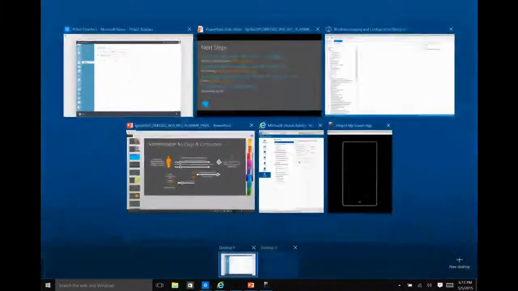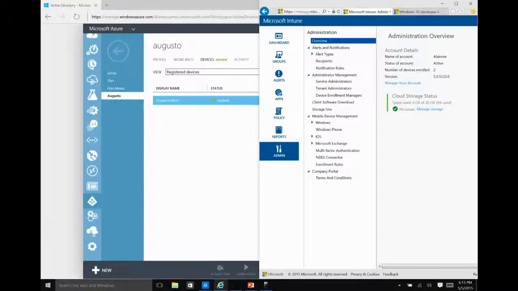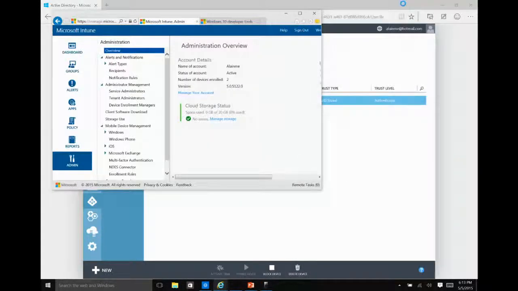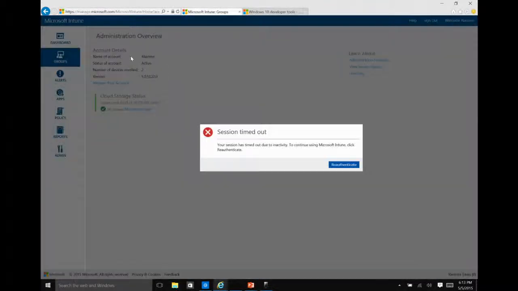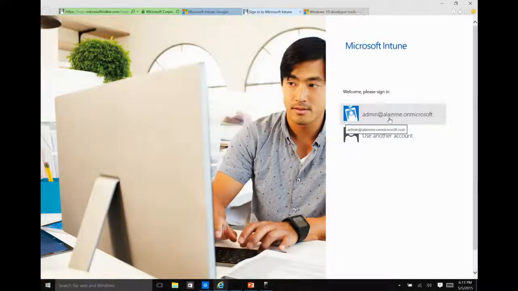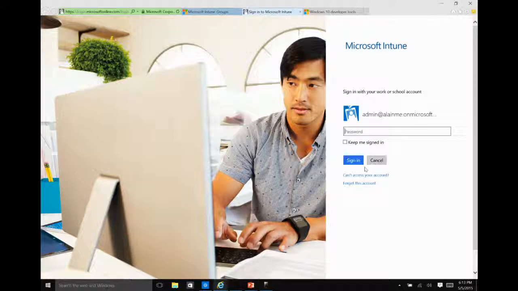At the same time, I also have an MDM system. In this case, that is Windows Intune. The same user is here. Under groups, okay, let's try to run the dedicate. I've done this before, so it's going to do this pretty quickly.